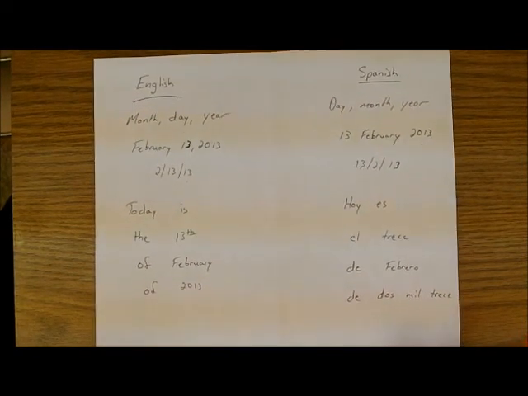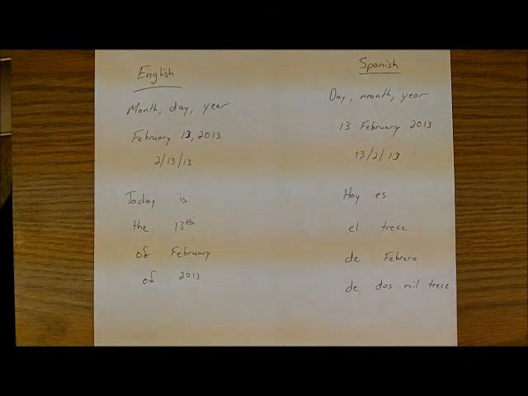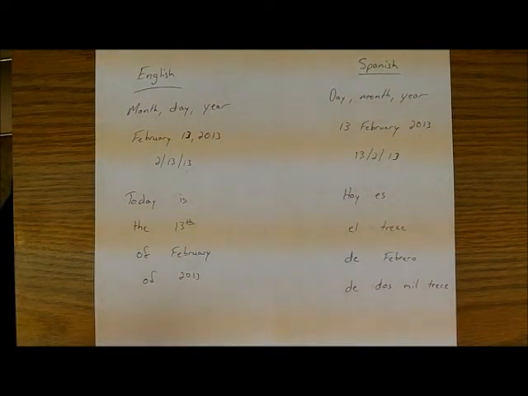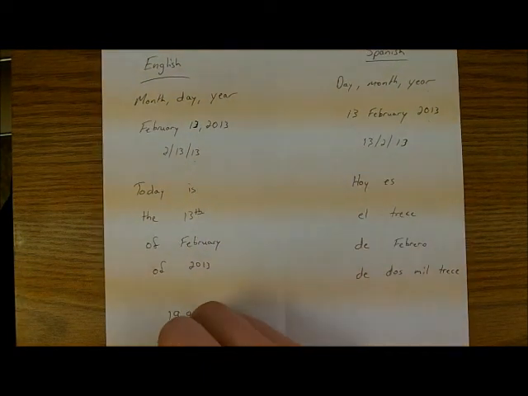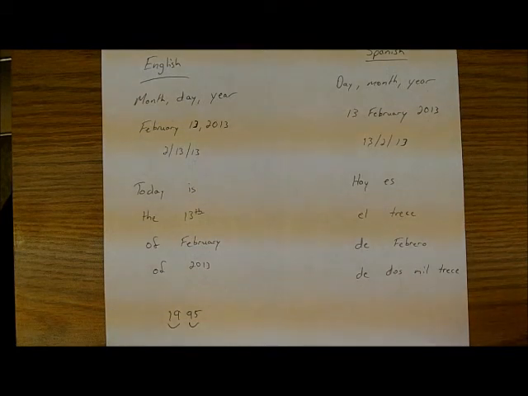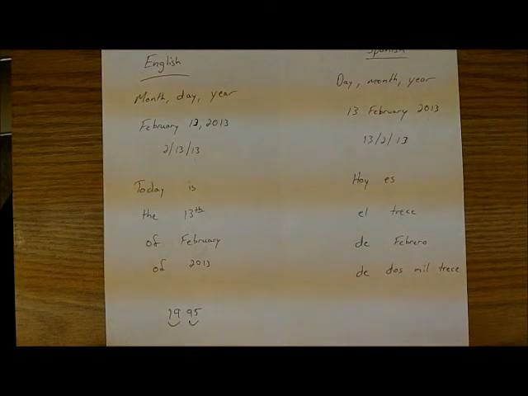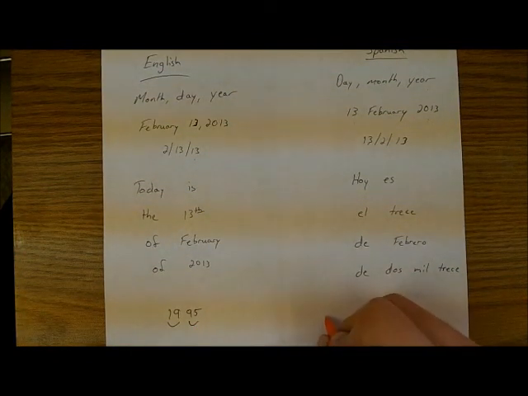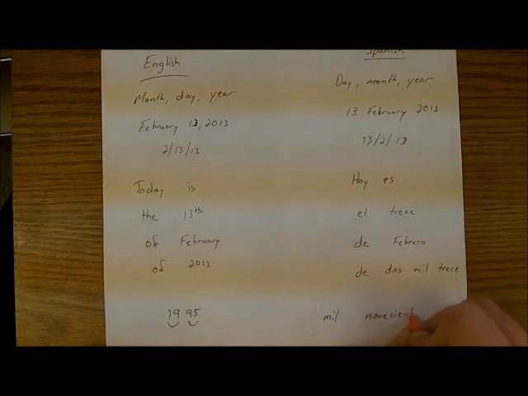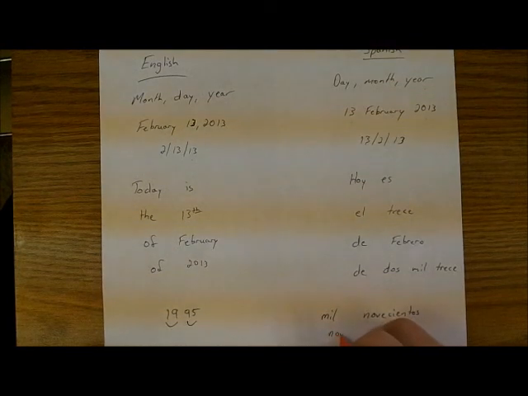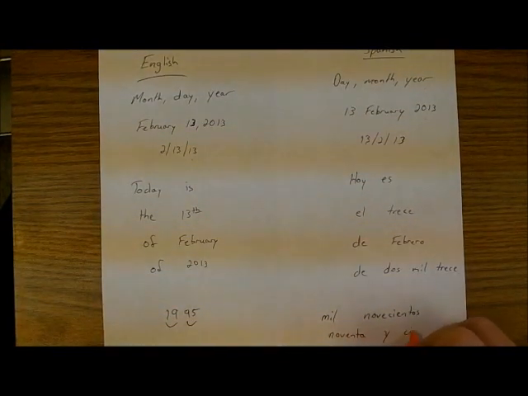Now, one common error we see when talking about the date in Spanish comes down to the year. For example, if we go back to, let's say, 1995. In English, we just say 19 and 95. We group the numbers together. So if I was to write that out, we group these two together and we group these two together. However, in Spanish, that doesn't work like that. They say each number individually. So 1995 should be written out as